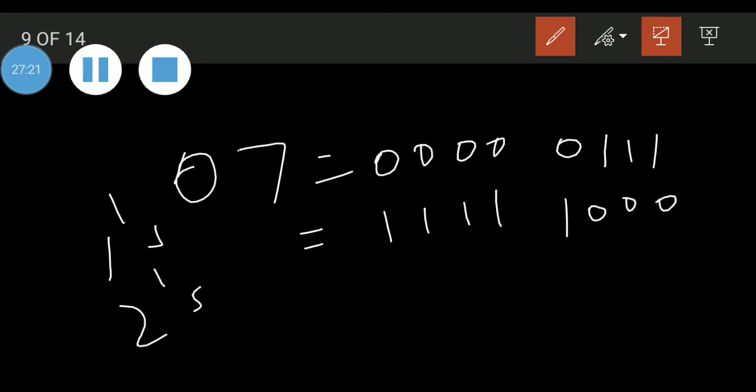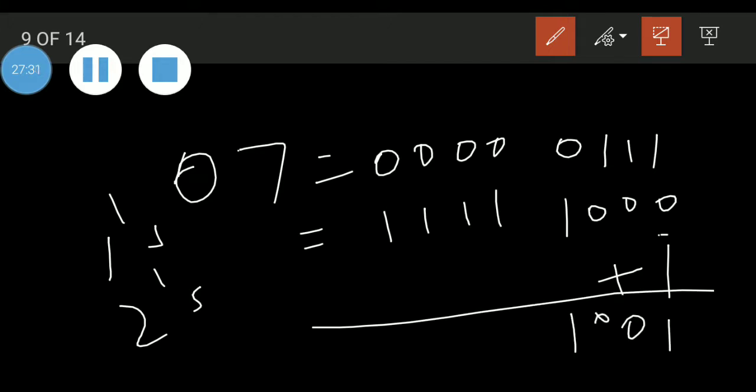At the last bit, we add 1. So we get 0 1 1 after the addition, and all other bits we keep as they are, and we get the 2's complement. The 1's complement is your CMA. What you did here is you just added 1 to the content.